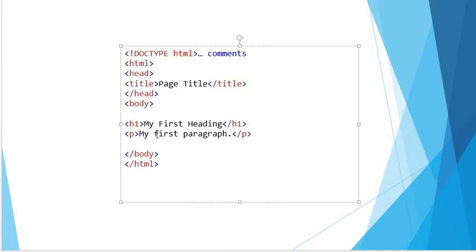Okay, so what you want to do: h1 is a header tag. In further classes we'll be discussing each and every concept. As of now you should know that h1 is a header tag, and we have six header tags: h1, h2, h3, h4, h5, h6. And p stands for paragraph. If you want to write any kind of paragraph, this will help you. The forward slash with p is the closing tag, and whatever you open you have to close, up to the end of the body and the end of the html. Save it and you will get to know what it actually is.